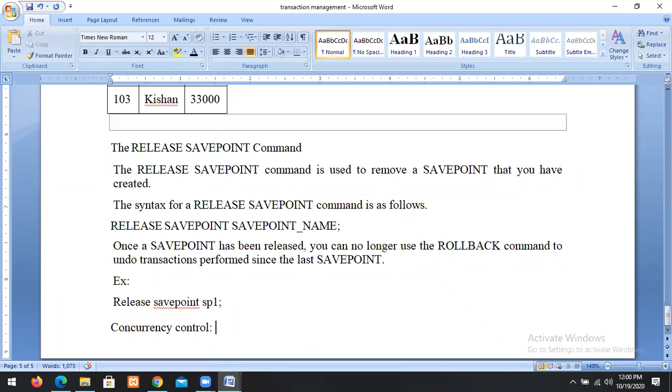So to access the database item by more than one transaction simultaneously, at that time we use concurrency control.